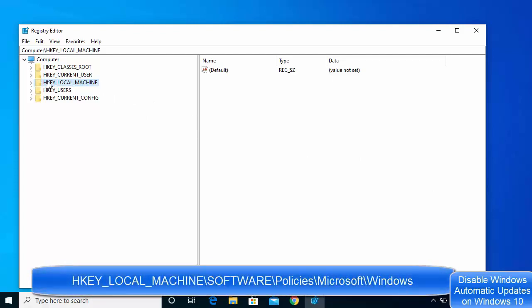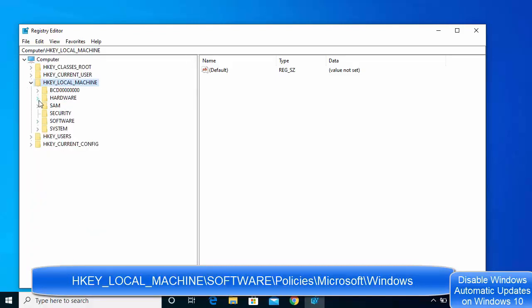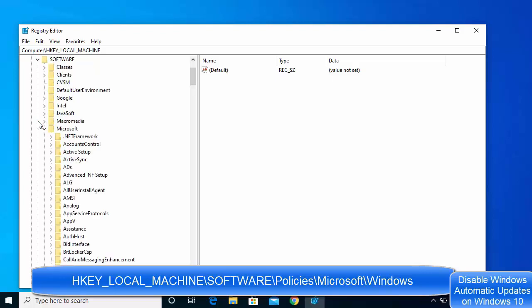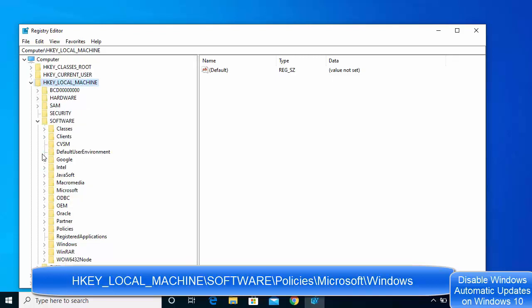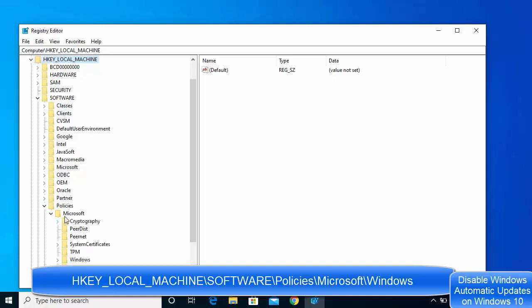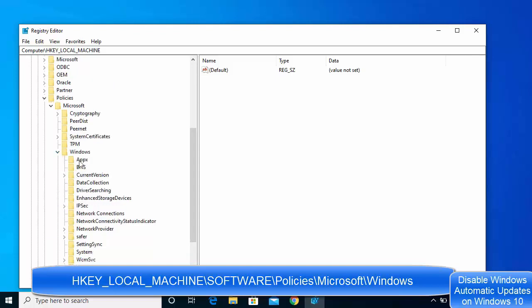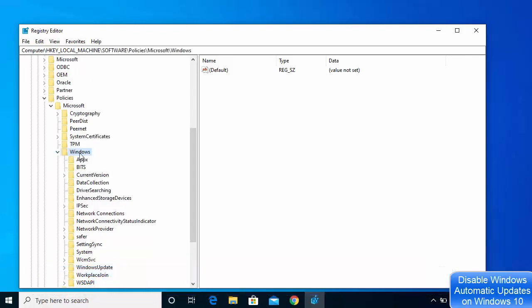So just click on HKEY_LOCAL_MACHINE, expand this option, and then under that you just need to expand the software option, and under that you just need to expand the policies option here. Okay, so under software go to policies, and under policies you just need to expand the Microsoft option, and under Microsoft you need to expand the Windows option. Okay, so until here you need to go.